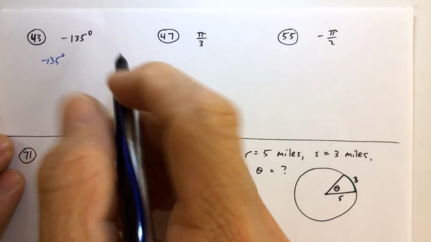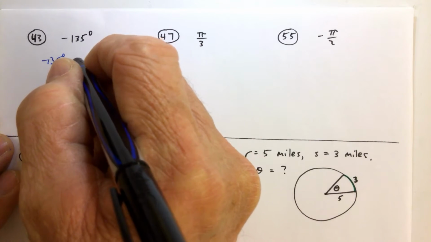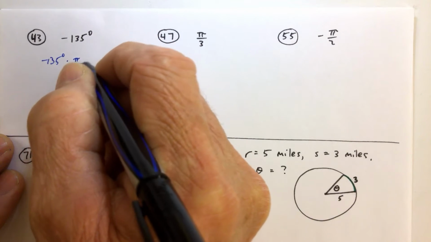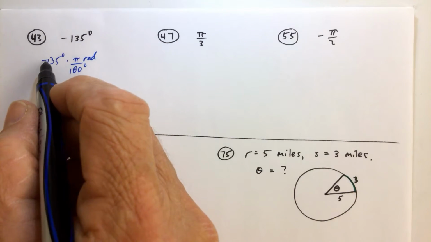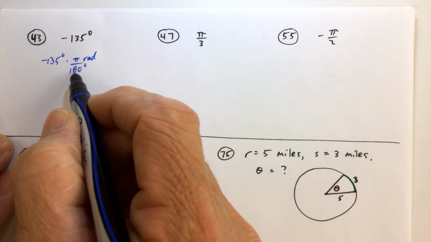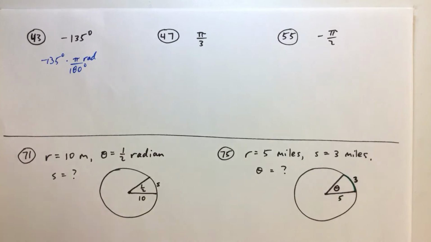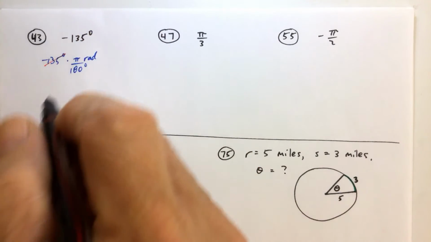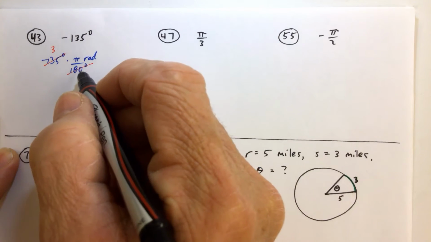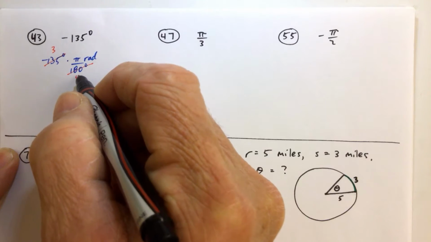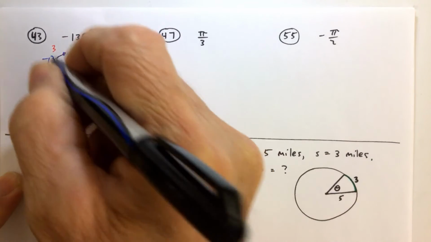For number 43, we're again converting degrees to radians, and so we just take the degree measure and we multiply it by pi radians over 180 degrees. Now keep in mind, we're taking a negative number and multiplying it by a positive number, which means we're going to get a negative number. 45 degrees divides evenly into 135 three times, and 45 degrees goes into 180 degrees 4 times. And so we're left with a negative 3 pi